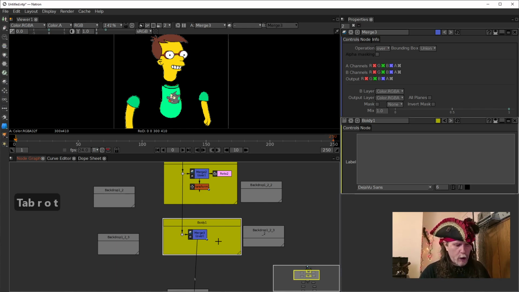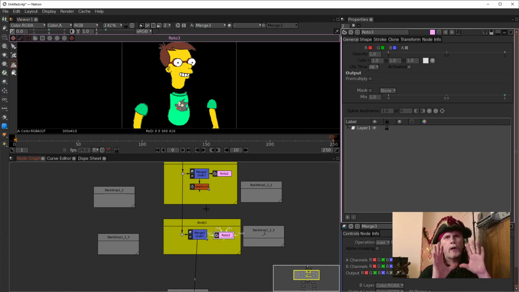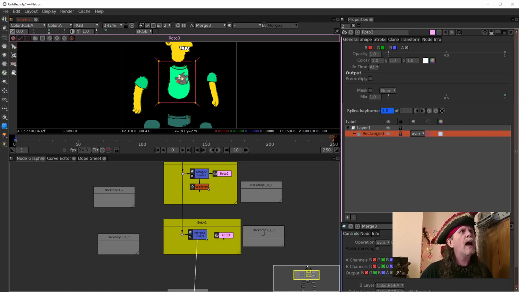And we'll just type roto. And we're going to put the roto into the mask. Actually, no, we're not going to put the roto into the mask yet, because I want to have this visible again. So we're going to select this. We're going to just go here to box, and we're going to drag a box around this, and I've pushed it too high, so I'll just grab that upper point and bring that down, and make sure we have it just enough so that when we hook the roto in,